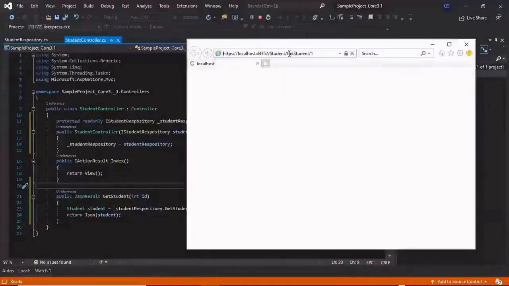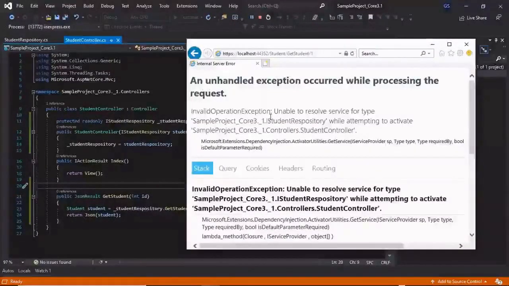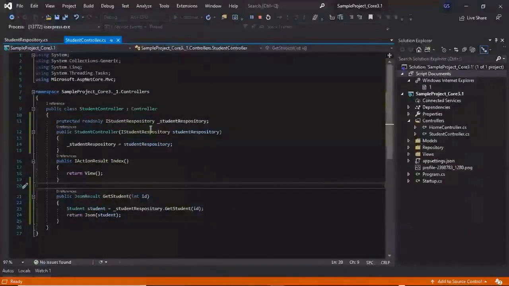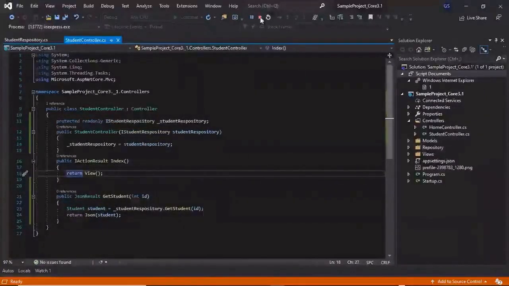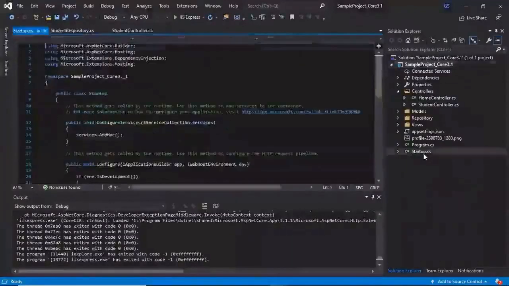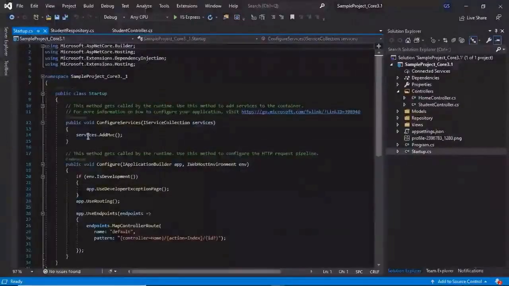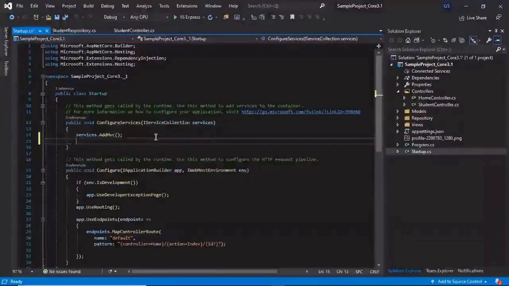Get student slash 1. Look, we are getting an error, unable to resolve the dependency, or you can say the service type. This is because we have not resolved the dependency yet for the IStudentRepository. So let's correct this. Let's go to the startup.cs file, and let's add our dependency into the service collection, services dot add scoped.